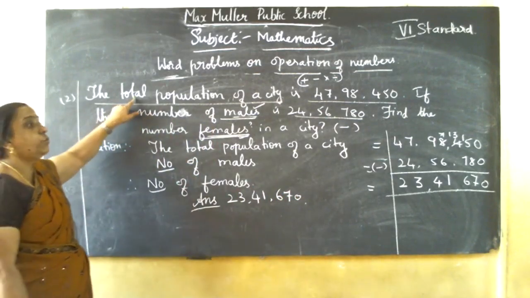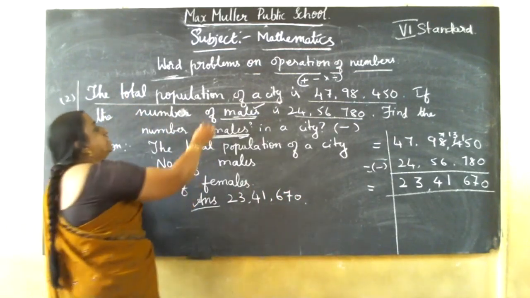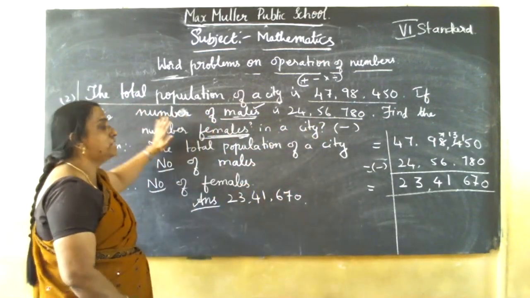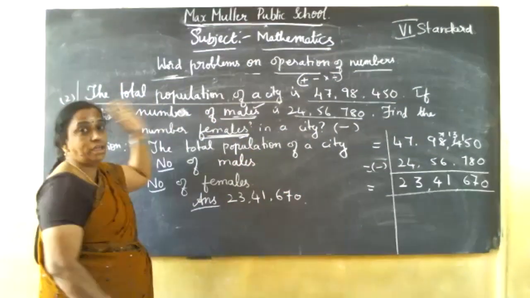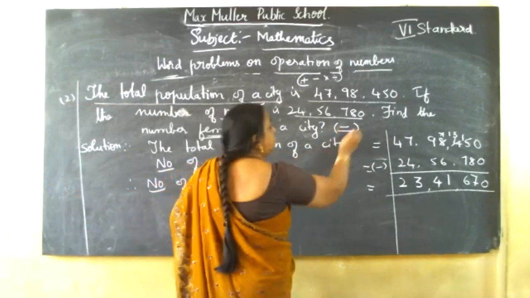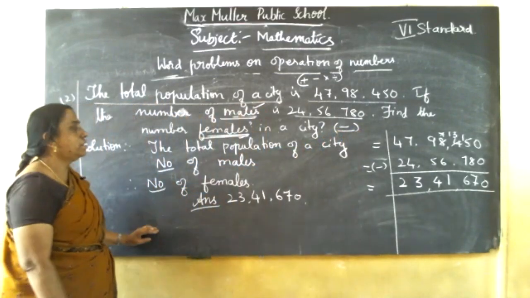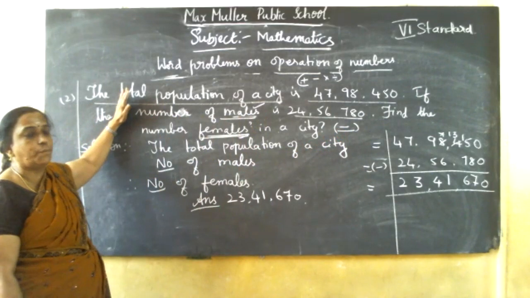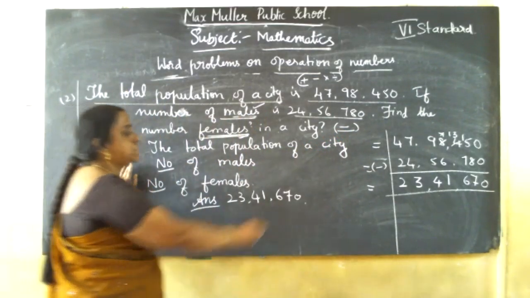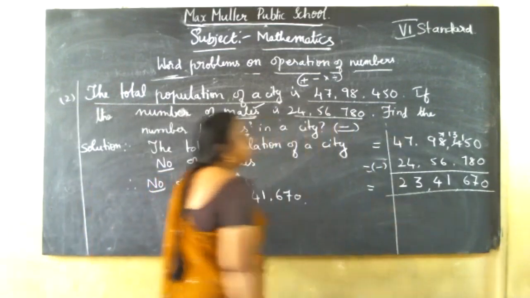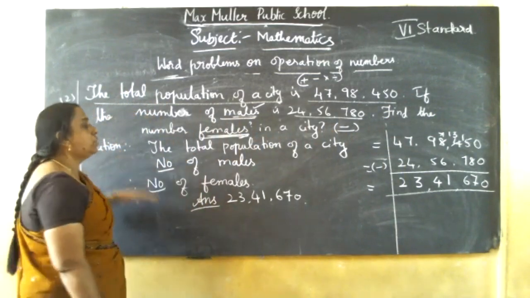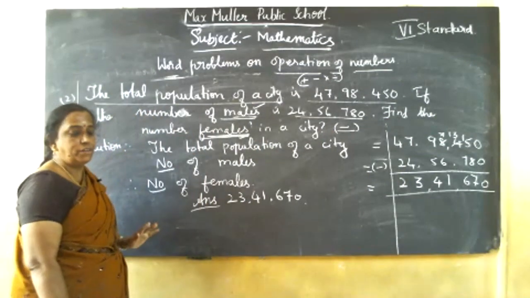You people will get confused whether it is addition, subtraction, multiplication or division. So read the question and understand what they asked. I gave those keywords now. Relate that, then you will know which operation to do, and you can solve it easily. Clear? Now, while copying in classwork, statement sums, one page should have only one question and answer. Don't write the question on one page and the answer on another page. Clear?